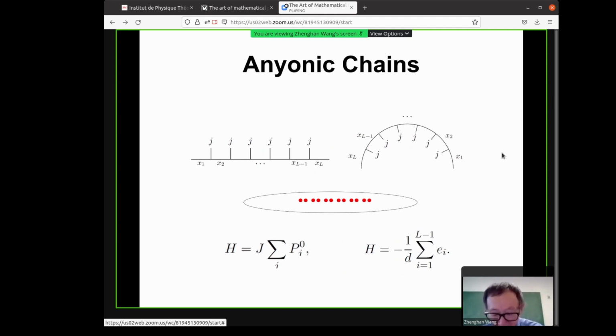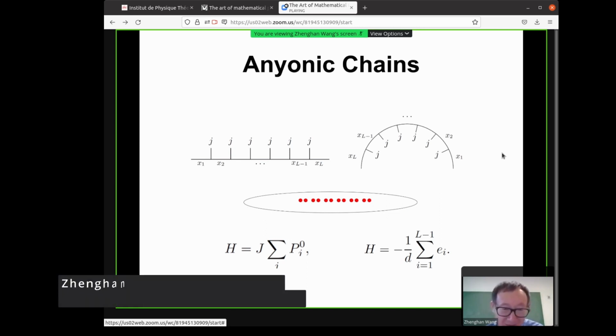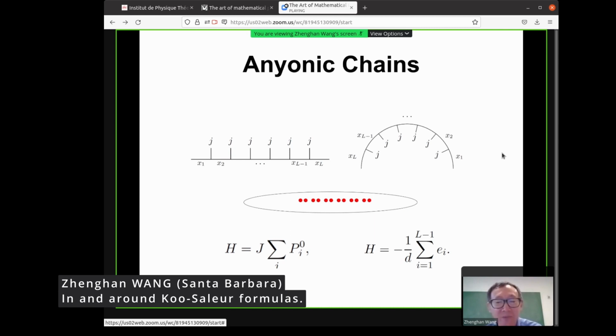So the anyonic chain language is basically the following. Suppose you have n anyons in a disk. And we know the universal properties of anyons are given by topological quantum field theories. So if you're given a boundary condition on the disk, then there's a Hilbert space for these n anyons. And the Hilbert space has many bases. One is that you just choose a fusion tree, and then you have all the admissible labelings of the fusion tree, and that's one basis of this Hilbert space.